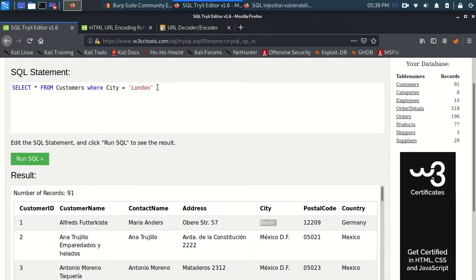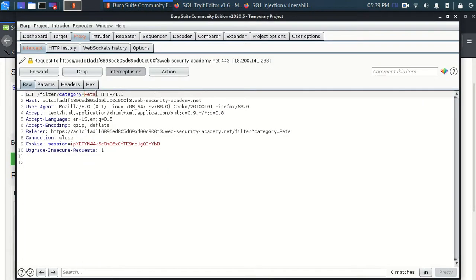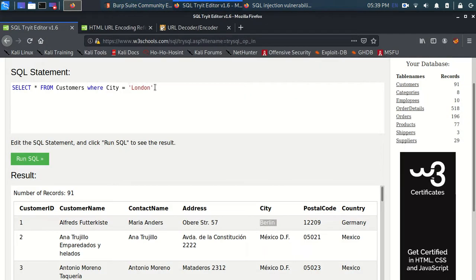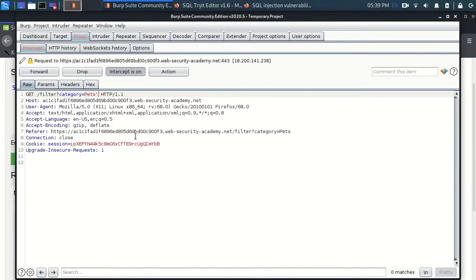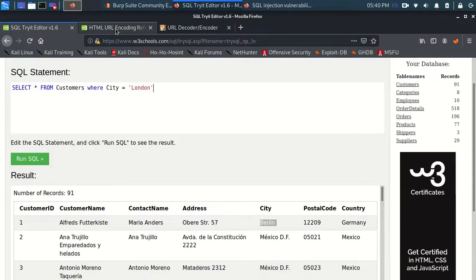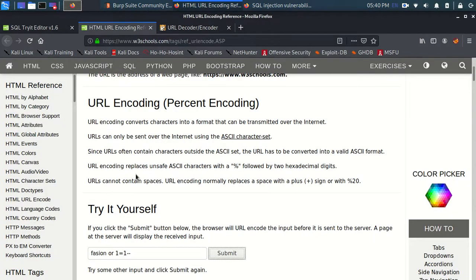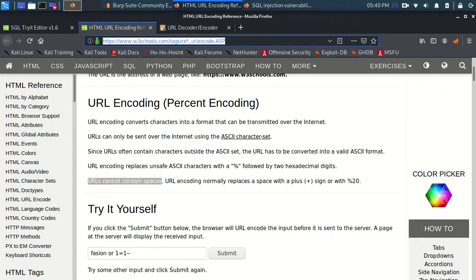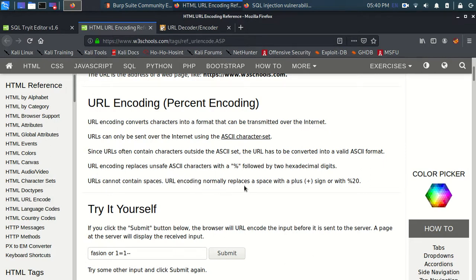Now when I am providing my own single quote, it will end this string by its own, and then I can write a command which I want to type. Next I typed plus. Why did I type plus? The reason is that plus is equal to a space mark. A URL cannot contain spaces, because have you ever seen a URL that contains spaces? So you can replace the space with the plus sign.